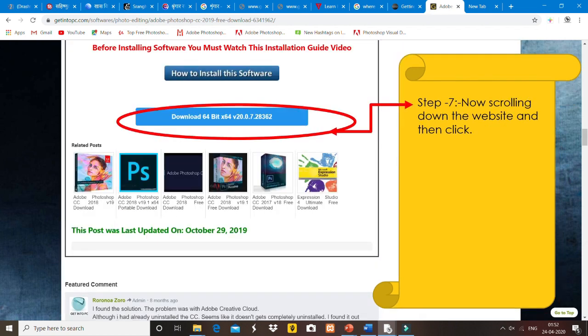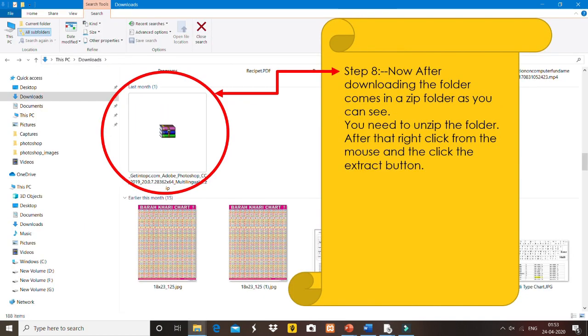Okay, so down on the website you will get a download 64-bit link. Click onto that link, and Photoshop is downloading into your PC and it takes some time.